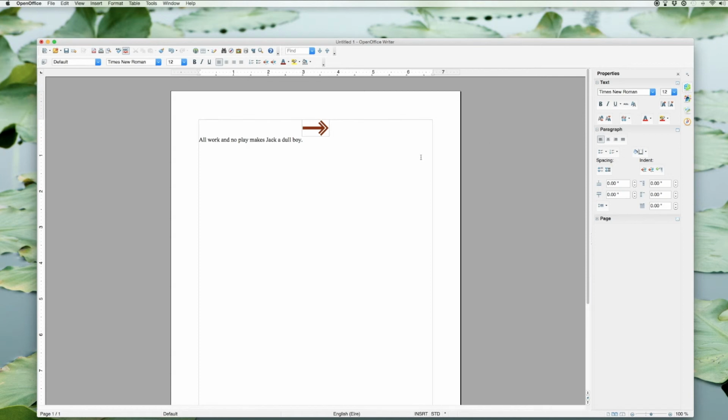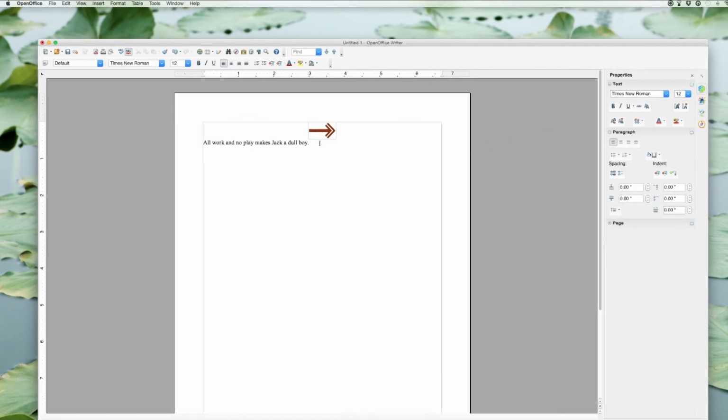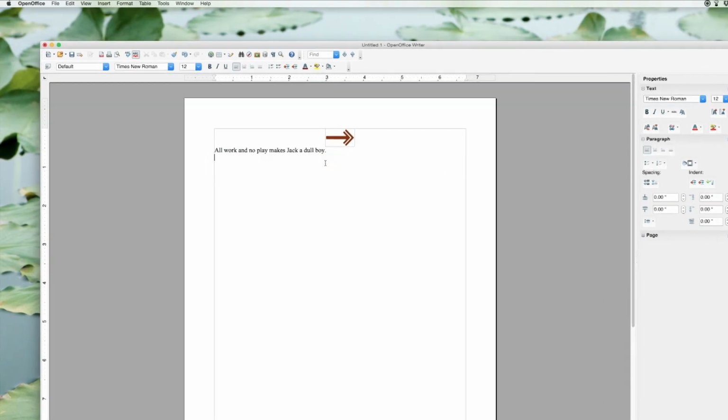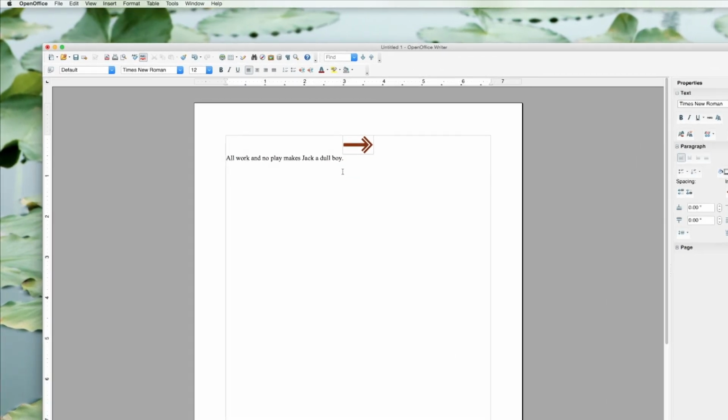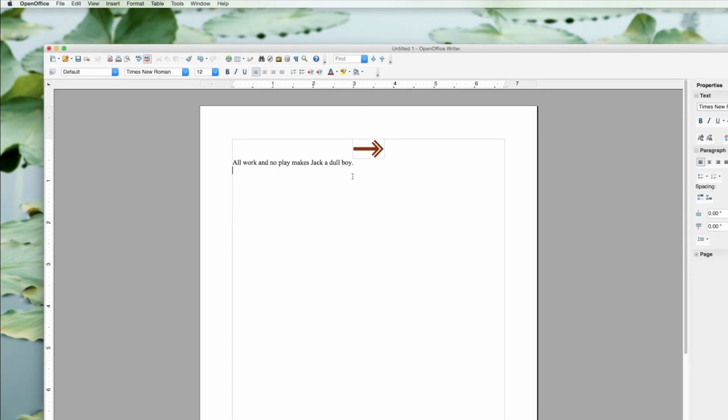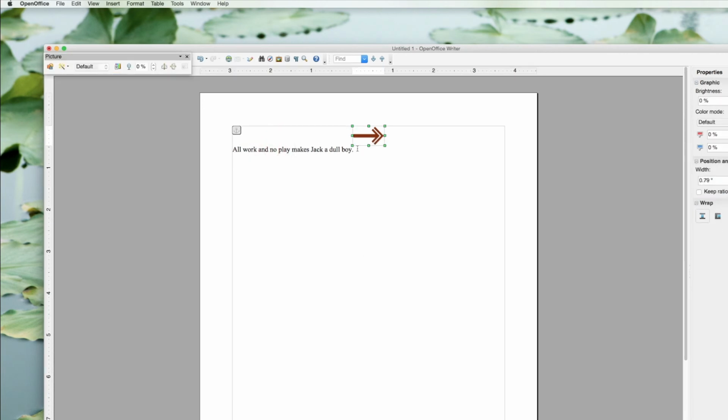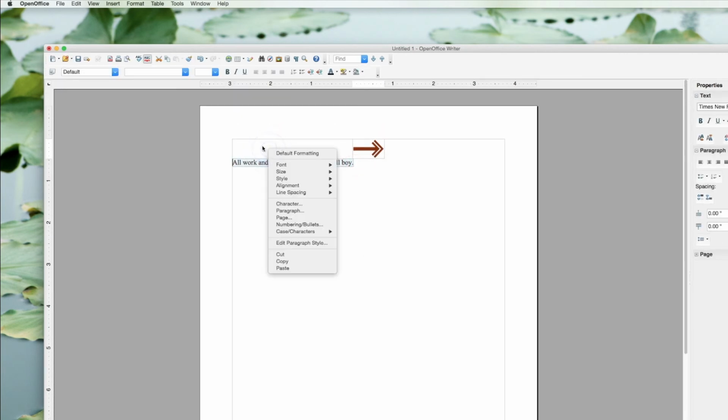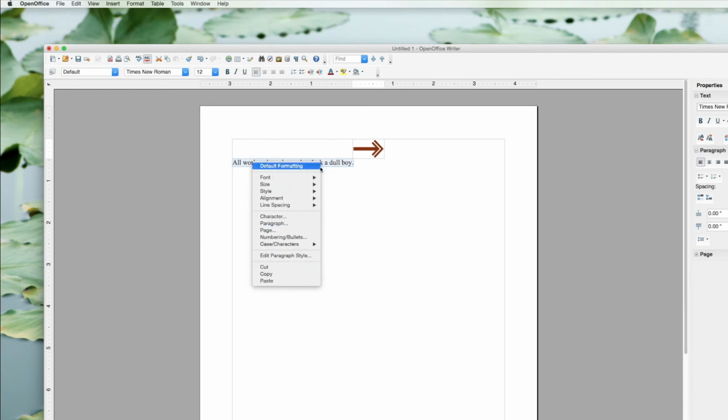As you're becoming adept with OpenOffice, it's also good to know what a context menu is and how to access it. It sounds complicated, but all it is the menu that appears when you right-click. This menu is different depending on what you right-click on, which is why it is called a context menu. But why is that useful? Well, at its core, a context menu gives you a series of options that are tailored to the thing you have right-clicked on, making it easier to find options that are relevant to what you are working on in that moment, rather than looking through all the options trying to figure out which ones you can actually use in this